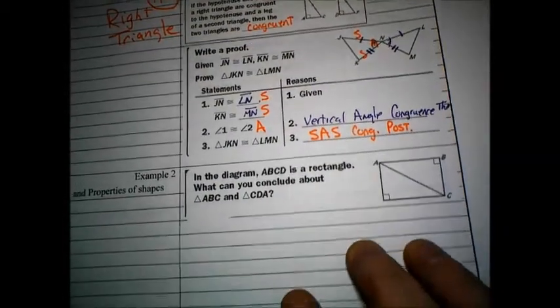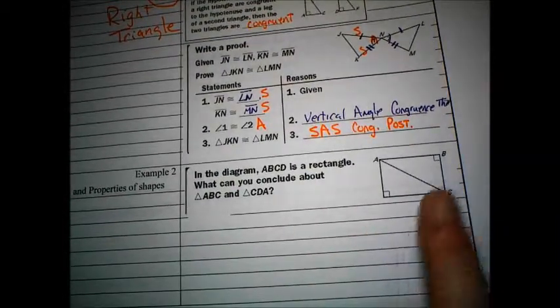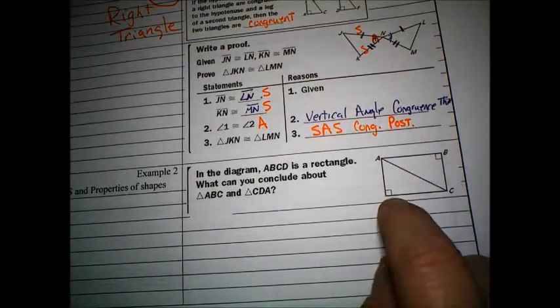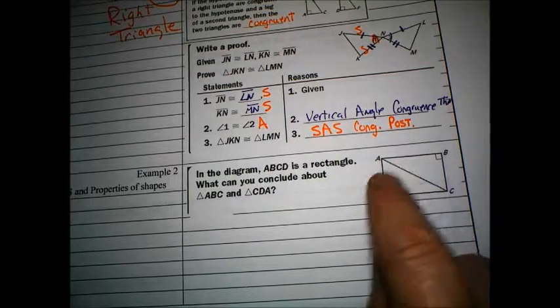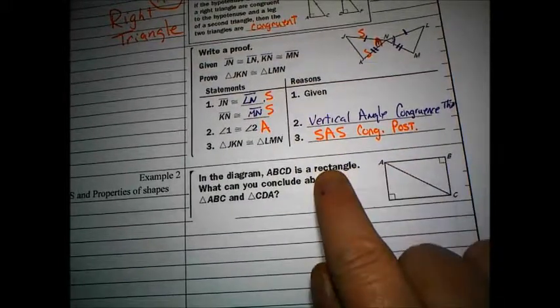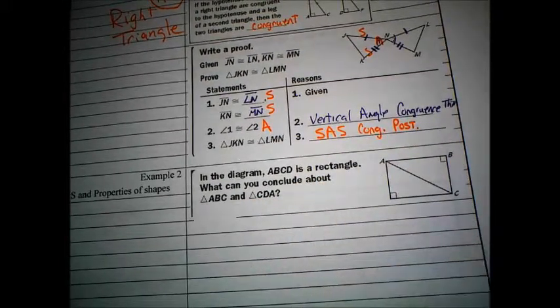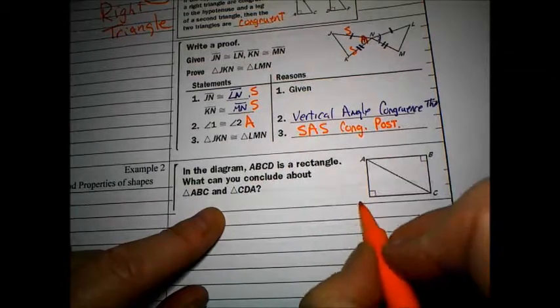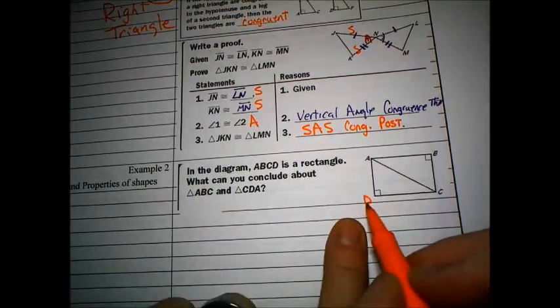Alright, example 2, it says in the diagram ABCD is a rectangle, so that means the corners are congruent because they're 90 degrees, and it also means opposite sides are congruent based on properties of a rectangle. So what can you conclude about those two triangles? Well, if I look at ABC up here on the top, and my D did not print, so this is a D corner, and